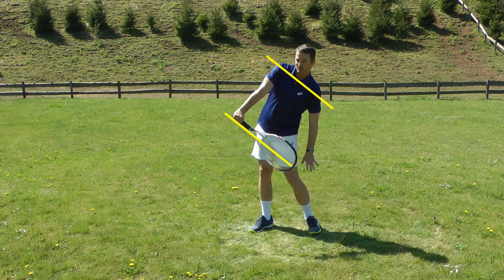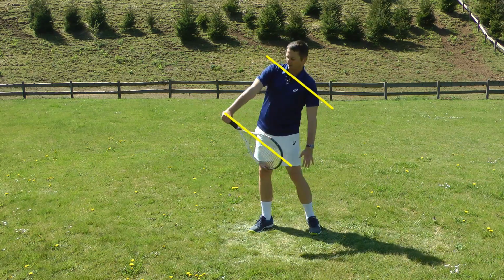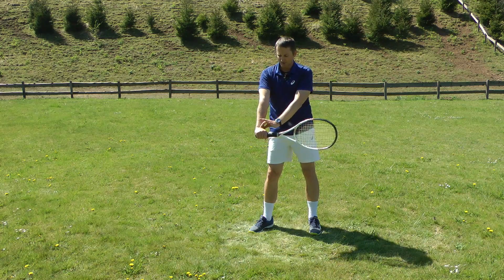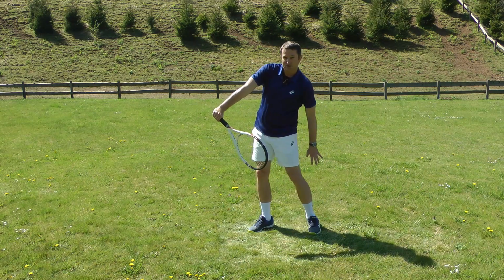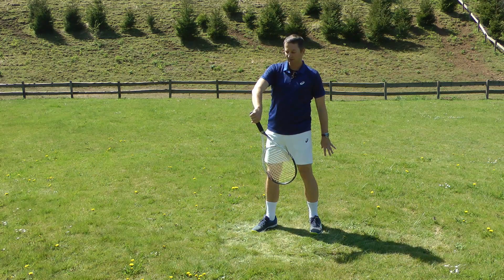When I tilt my body like this, see, my shoulders tilted, so the racket tilts. There is no movement in the wrist, everything is still firm. So when you see this position, you can misinterpret that I drop the wrist. This is dropping the wrist